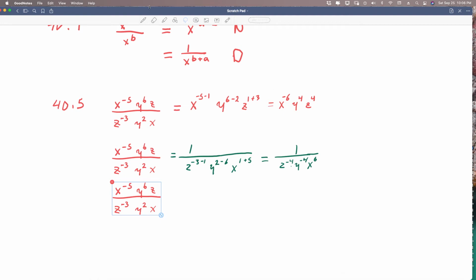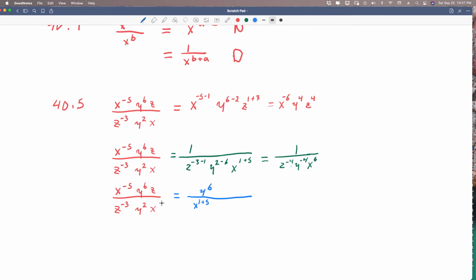All right. We'll change the color one more time. This time, we're going to write all of the exponents positive, wherever they might be. Okay, so in order to do that, we have an x that's negative here. So when we move it down, it becomes positive. So let's do x to the 1 plus 5. All right, this y is already positive,